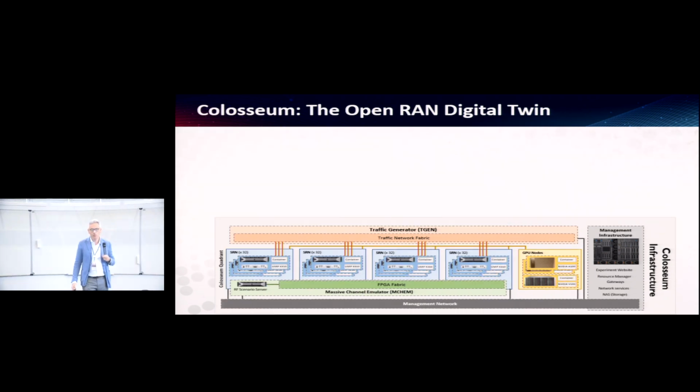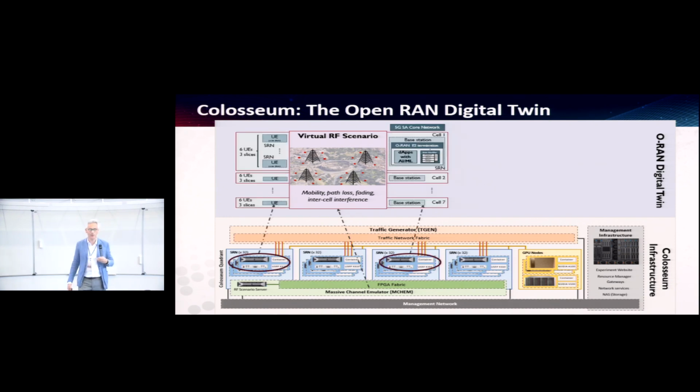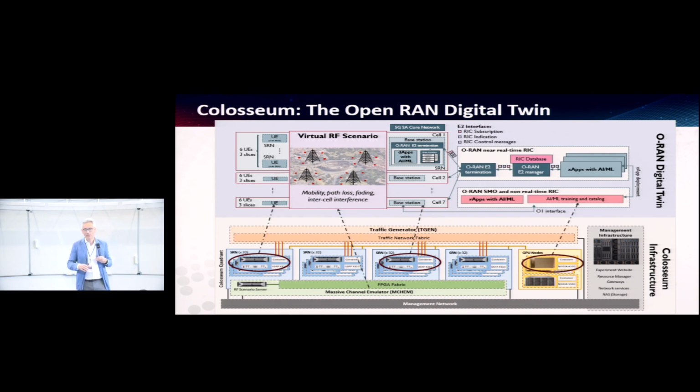And so what we do typically is we take a specific RF scenario. Here I'm showing the environment in Rome, Italy. We create a radio frequency model of this environment that we install in the channel emulator. And then we map different software radios to G-Node Bs that are executed, in most of the work that we're doing, with OAI. And the UEs are mapped to different software radios executed with OAI UE. And this is connected with the